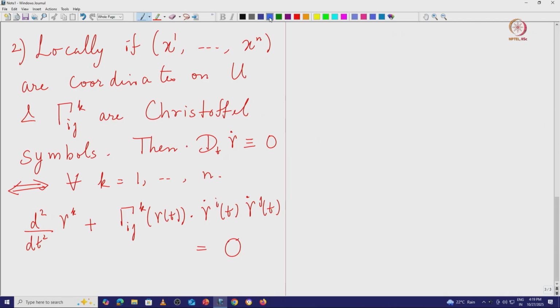Okay, and as usual with the Einstein summation convention, you sum over i and j, since those are the repeated indices, right. So the geodesic equation